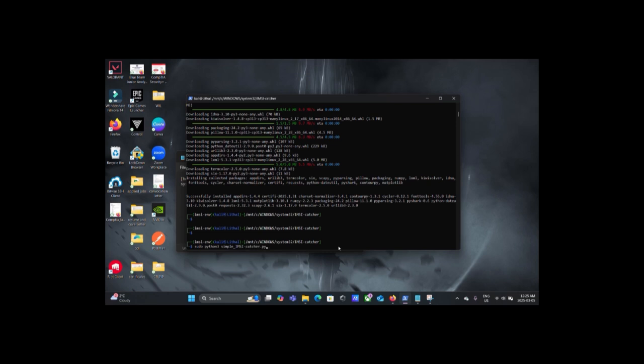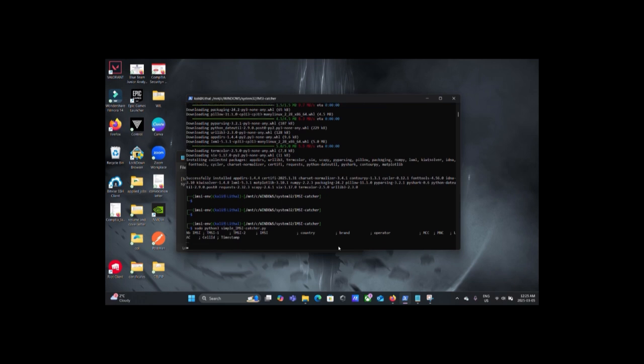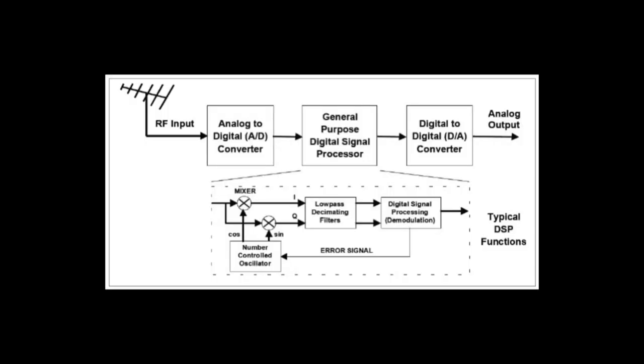But as we are having the hardware limitation, as you can see, as we execute the command, the tool runs, but we cannot capture any data as we do not have any software defined radio device. That is a hardware tool which is required in order to fetch or send any of the network or cellular signals to the nearby network or tower. You can say it works as a